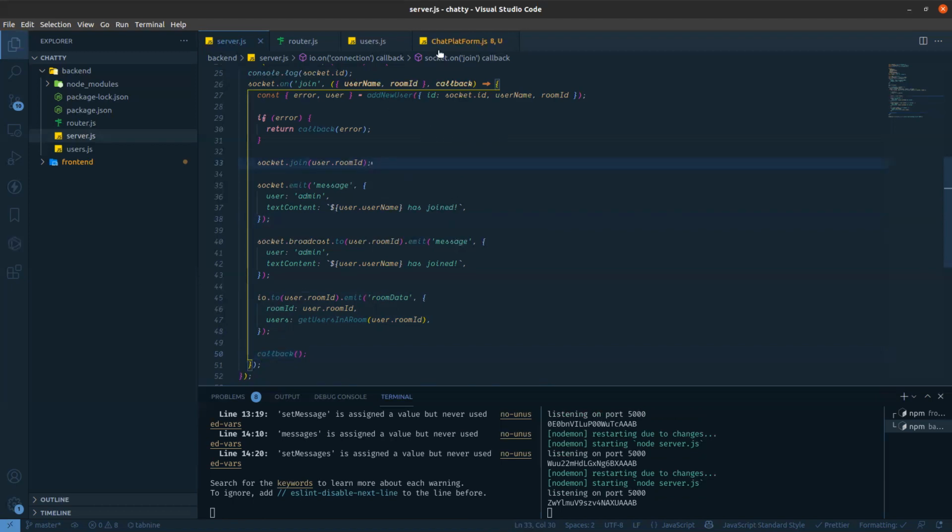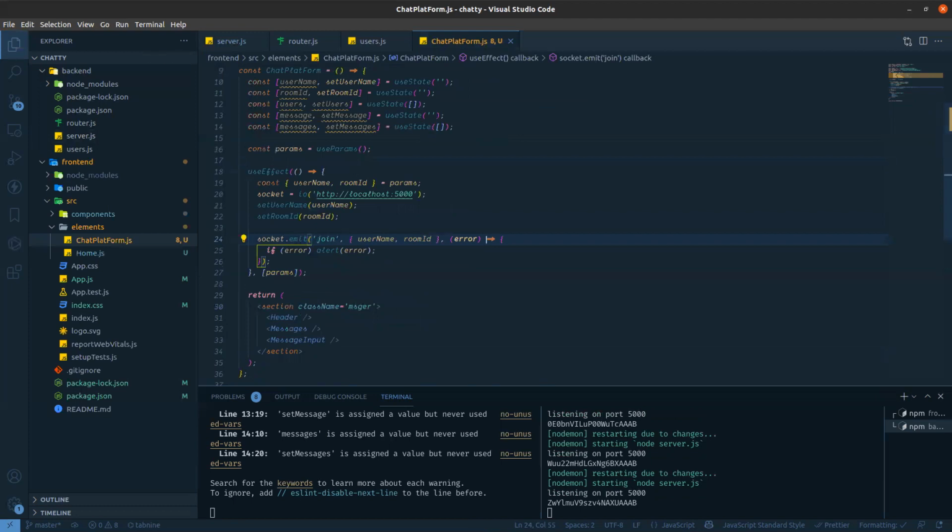Now go to the front end, the chat platform.